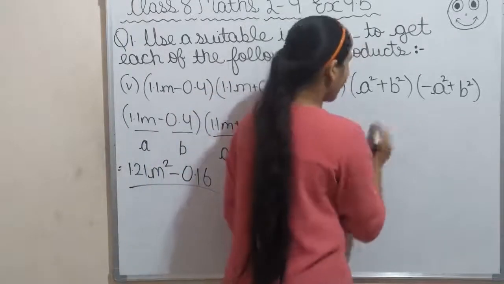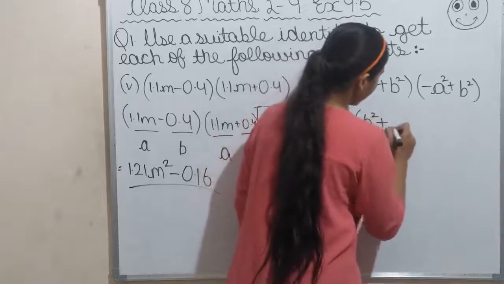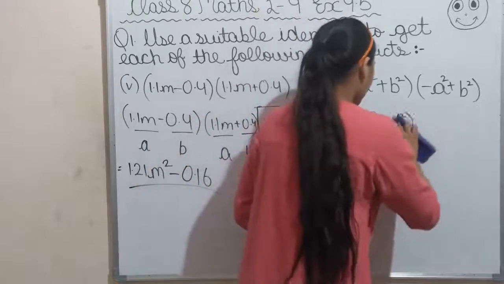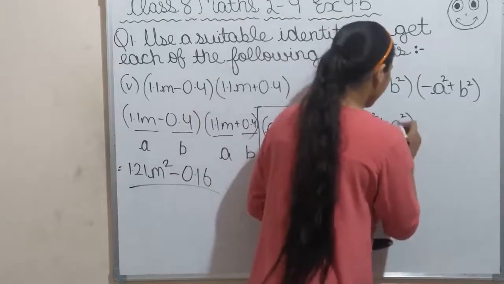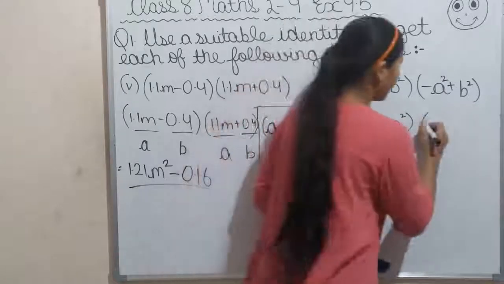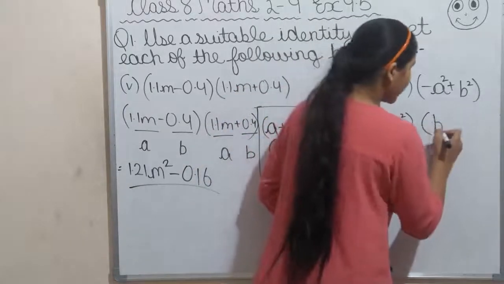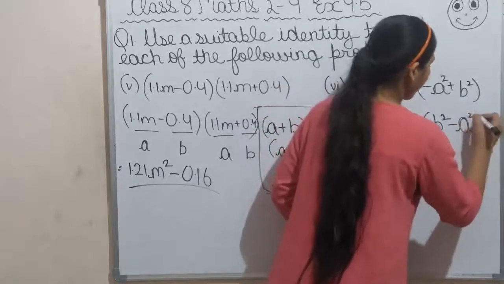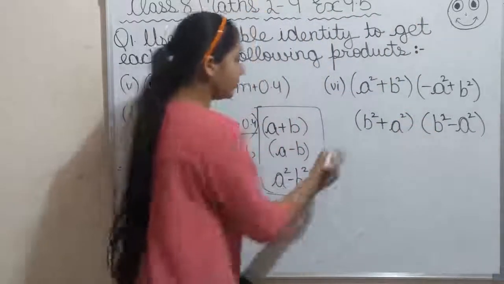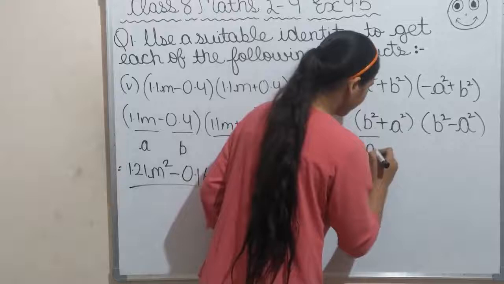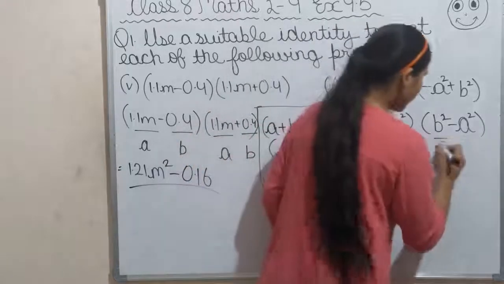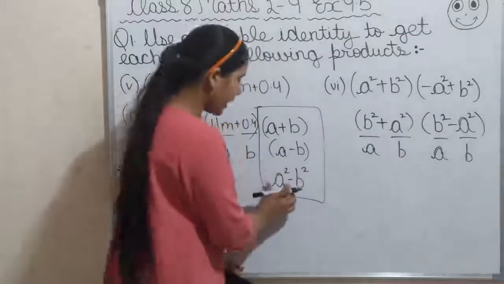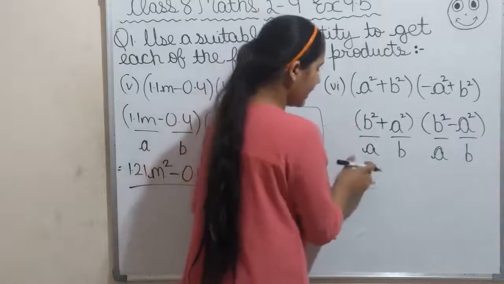First, a square plus b square we can write as b square plus a square. Simply this will come here and this will go there. Here also we have to shift, in both places. Here also it is b square, with no need for a plus sign, and this minus a square is here, so minus a square. Now we have to solve. First we write: this is a, this represents b, again this represents a, again this represents b. First a square is asked, and a is b square.